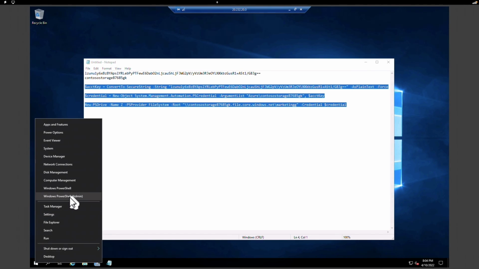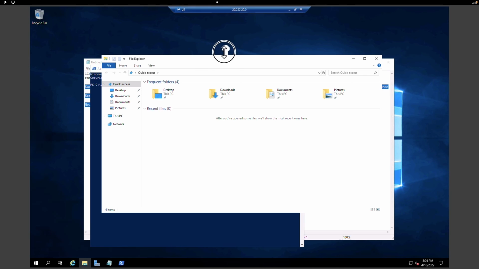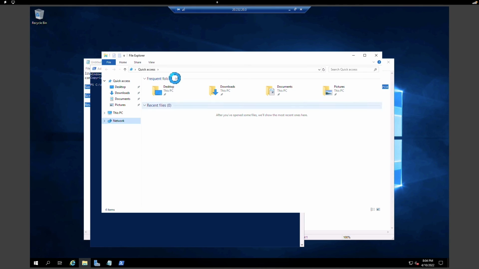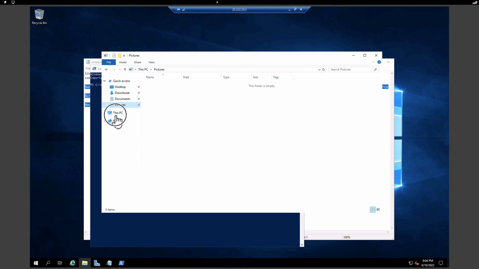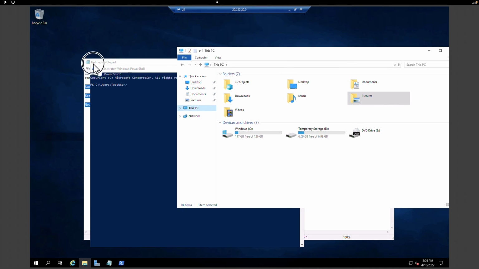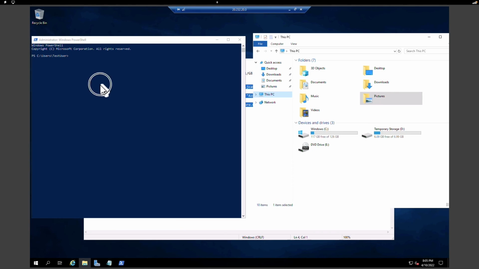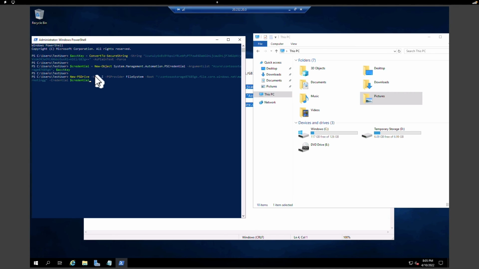and open the PowerShell. And we are going to mount this storage account to this virtual machine. So we don't have any network drive at the moment. So if I click on this PC, you can see that there are only two drives. One is the C drive and another one is the temp drive. So what we are going to do right now is try to map this newly created marketing drive onto this